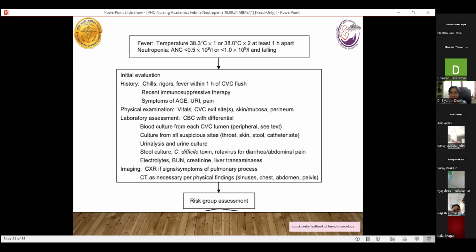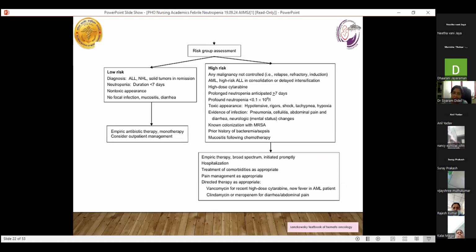Now, the basic approach for a child with febrile neutropenia. When the child presents, we see that there is fever and there is neutropenia, so we classify that the child has febrile neutropenia. We have taken the detailed history, examination, lab investigations, and imaging. Then after that, we have to do risk group assessment. So we can classify as low risk or high risk. In low risk, ALL patients, non-Hodgkin lymphoma, and solid tumors in remission can be considered low risk, if the neutropenia duration is less than 7 days, the child is non-toxic in appearance, and there is no focal infection,